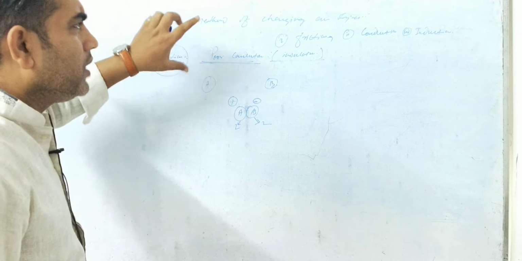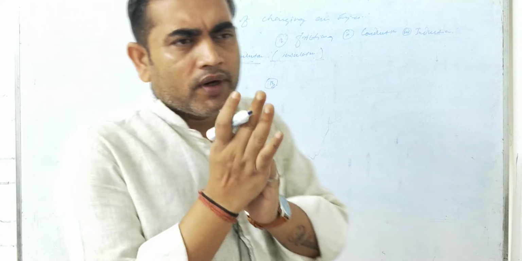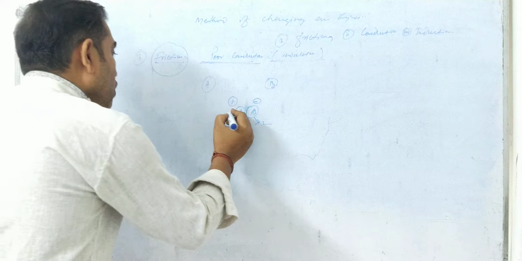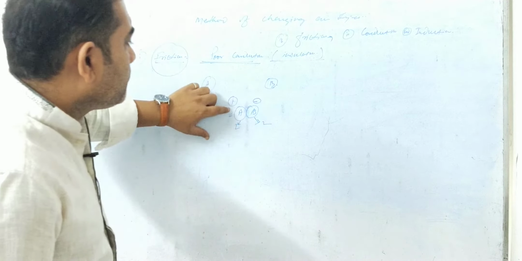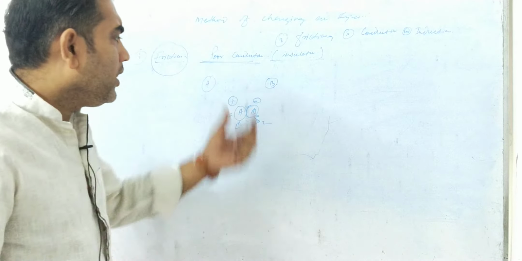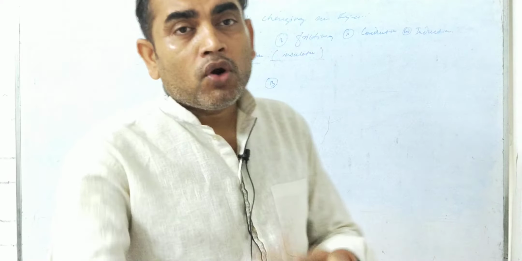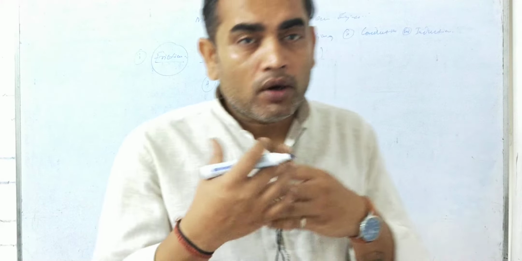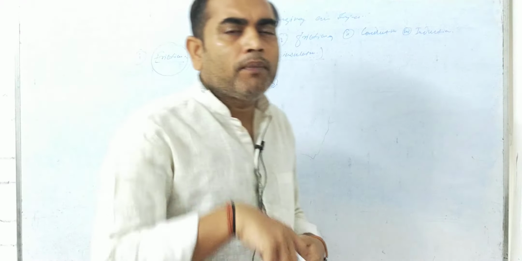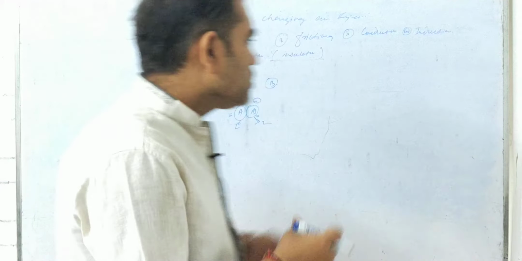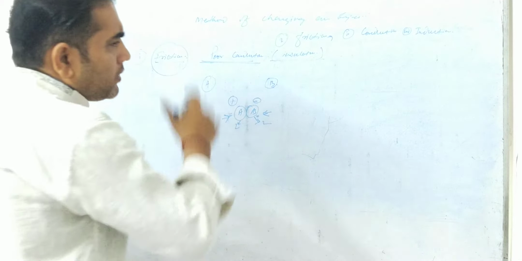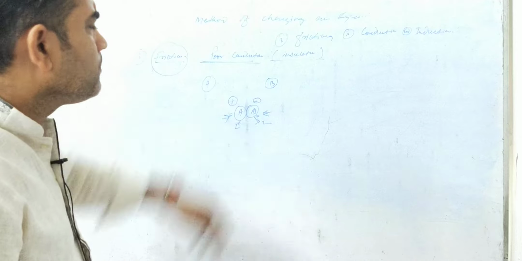So in the method of friction we understood that whenever two objects are rubbed together, there is a loss or gain of electrons. The object that loses electrons develops a positive charge, and the object that gains electrons acquires a negative charge. The positive charge acquired by the object that lost electrons will equal the negative charge acquired by the object that gained them, because as many electrons as are lost, that many can only be gained. So the number of electrons lost and gained are always equal.